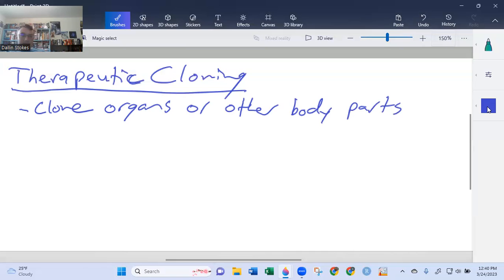So I'm going to do the same idea. I can do somatic cell nuclear transfer here. So I can take an egg cell and suck out the nucleus and inject in a nucleus from one of my cells, and then